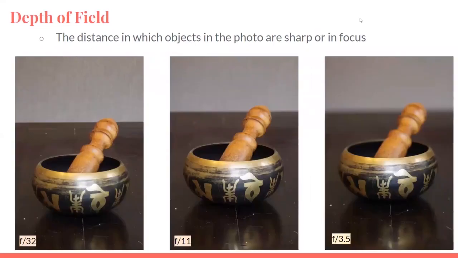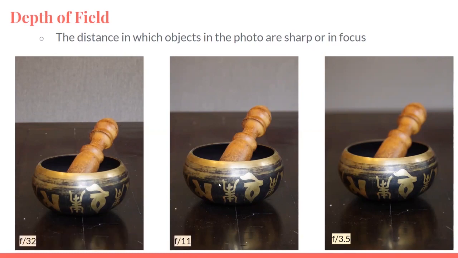So here's an example. Depth of field is the distance within the photo where objects are in focus. This is the same subject for all three photos. I just changed the aperture. You can see on the first one on the left, the aperture is very small, so you can see that everything from before the bowl to the edge of the table is sharp or in